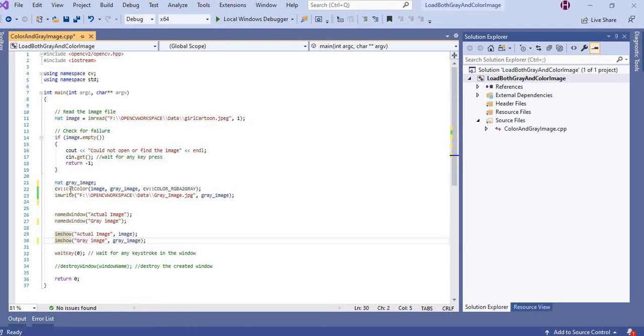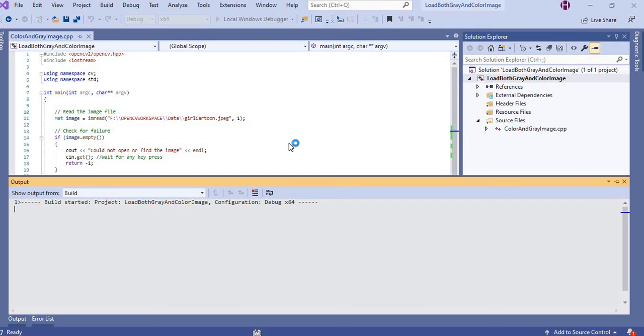And the imwrite function writes an image and saves it in a particular directory or path. I am storing my output matrix in this path using the imwrite function. So how does it work?